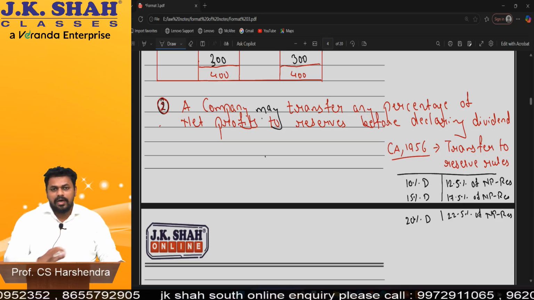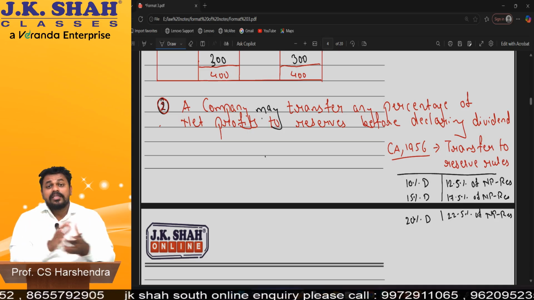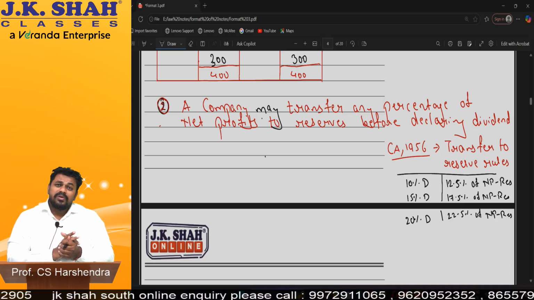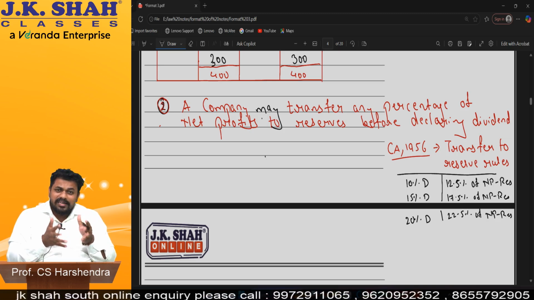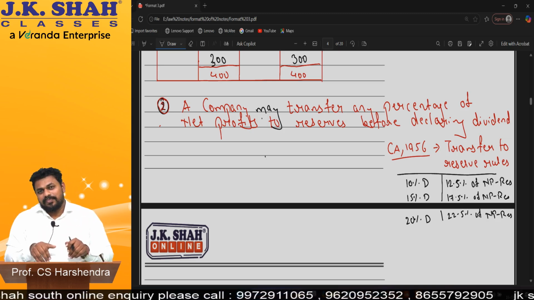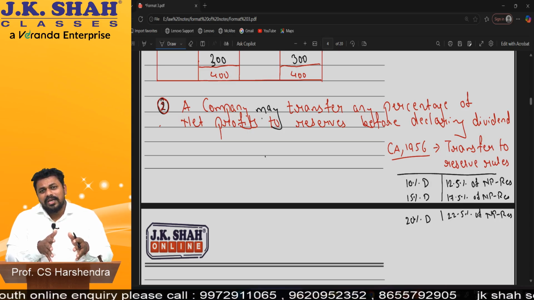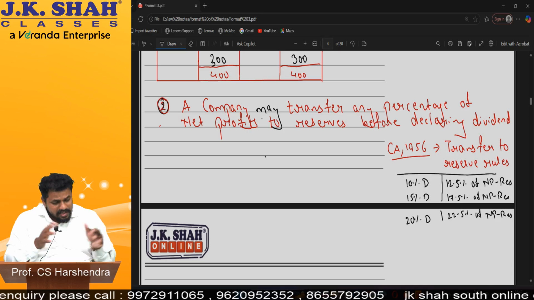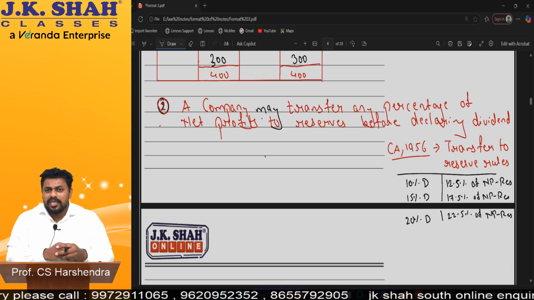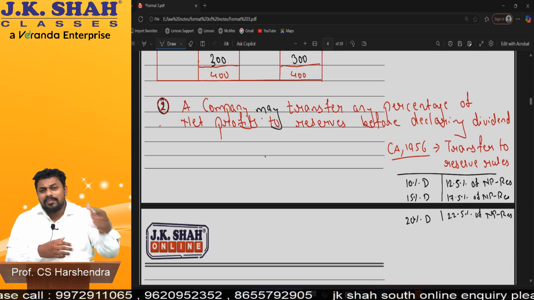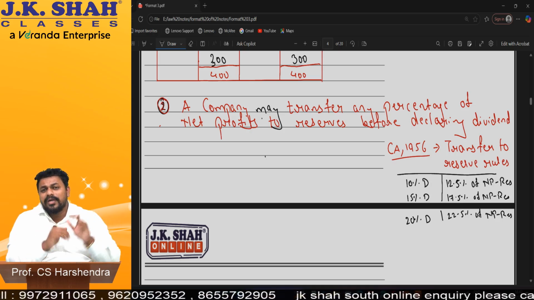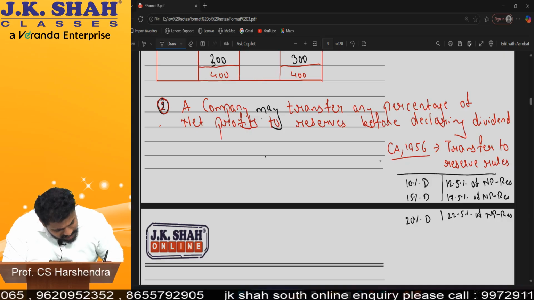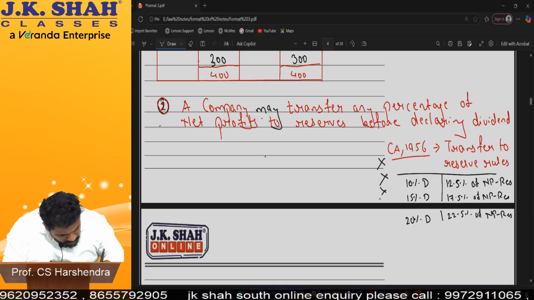Don't empty your company's money. But in the new Act, the drafting committee said that the board of directors know their company better than us. If it is a profit making company, it can pay dividend of any amount. Who are we to tell them? That's a good company, they have a lot of free reserves, they earned profit this year also, let them pay the entire amount as dividend. Who are we to tell? So in the new Act, these transfer to reserve rules got abolished.